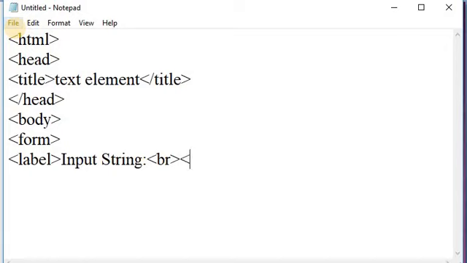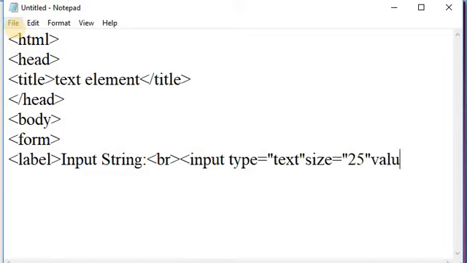and again I am taking an input type. Type attribute is equal to text. It is text type, and the size here, size is equal to 25 for this text field.